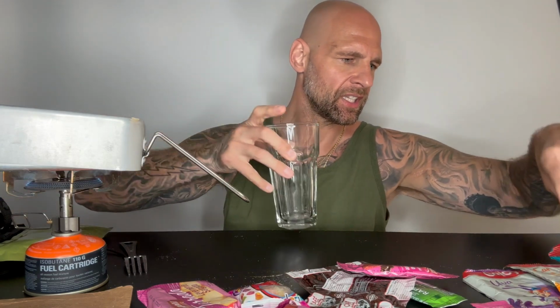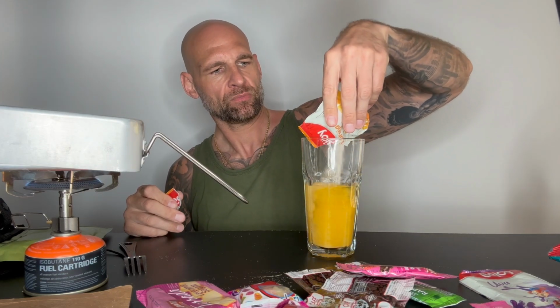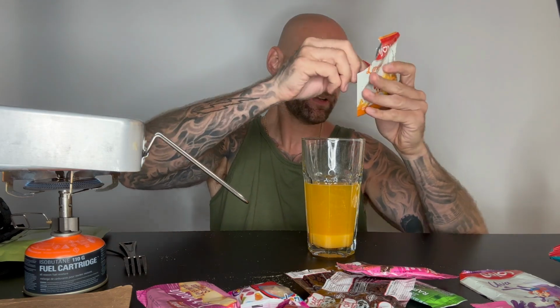All right, so first let's go with the orange. Cool little sporty character. And I have cold water here on hand. That's what I love about the Brazilians. They enjoy drinking their beverages cold, just like Americans do. That doesn't apply to most of the world though. All right, and now apparently I'm supposed to use one of these packets for a lot more liquid, but I like it when it tastes super sweet,